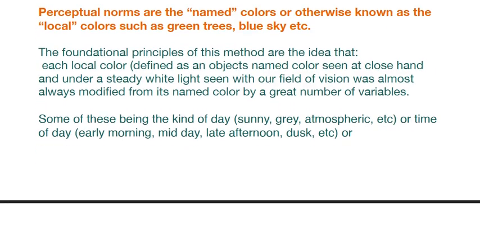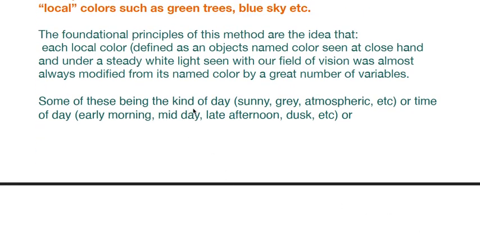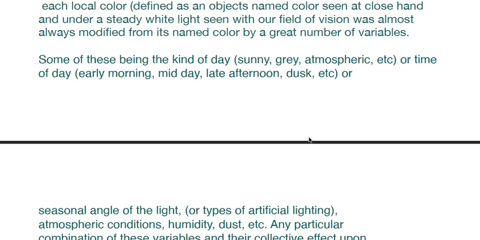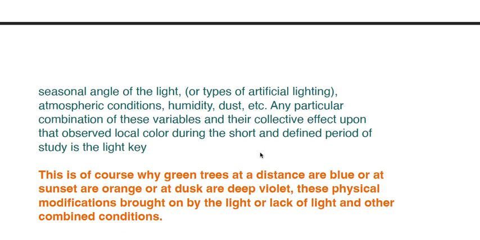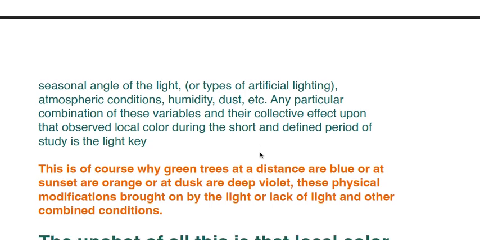And under different types of light conditions, like the kind of day, sunny, gray, atmospheric, or the time of day, early morning, midday, late afternoon, dusk, or the angle of light, it could be artificial lighting, humidity, dust. There's so many variables and sometimes a combination of these variables that are going to play a part in how